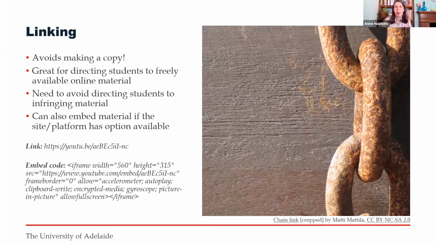By this, I'm referring to material which has been made available online without the copyright owner's consent. You don't need to do a thorough investigation, but I'm basically saying steer clear of things which are obviously infringing, such as a movie which has been made available on some random person's YouTube channel, or an entire commercially published textbook which doesn't have an open license and hasn't been made available by the publisher, but it's just on some random website. Steer clear of things like that.